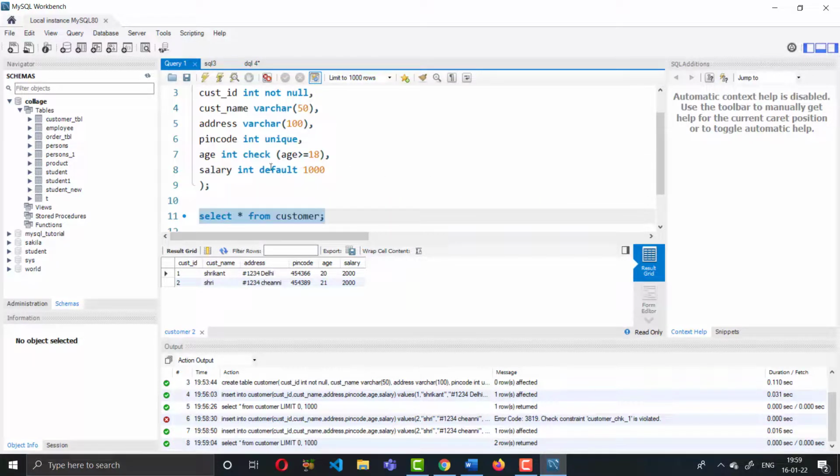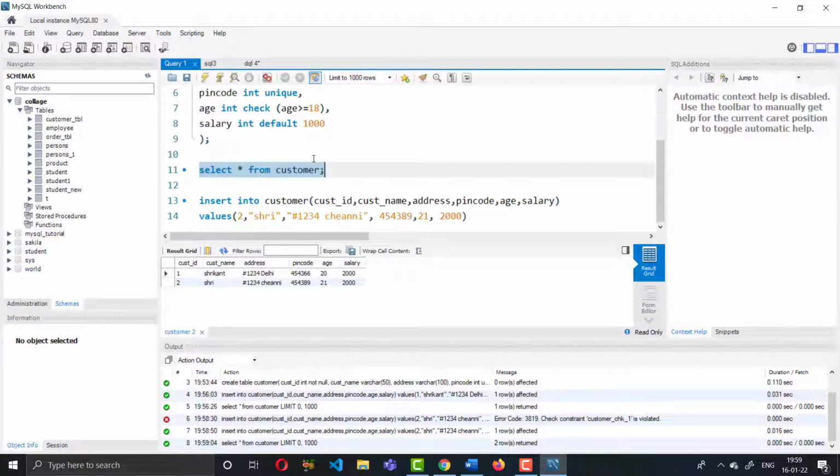Now I will verify the not null support. So instead of some value I will provide a null or empty value.